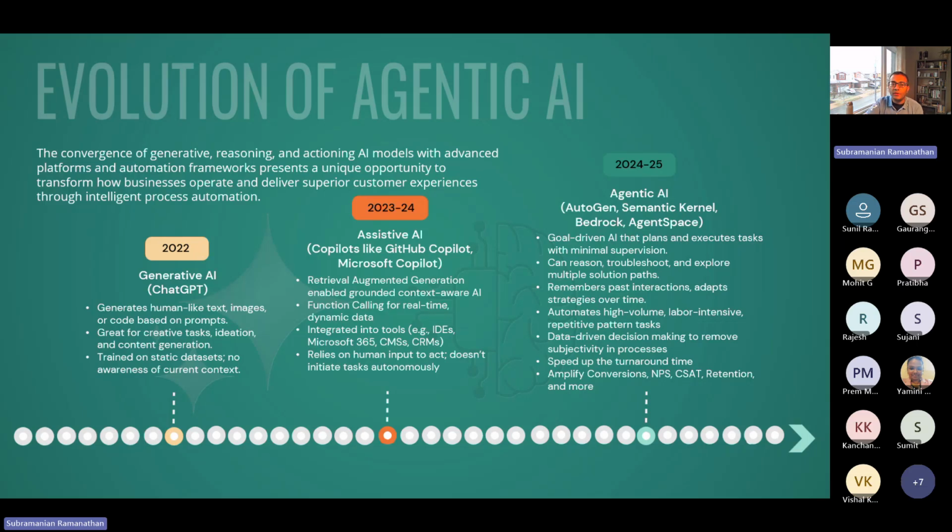Okay, so now moving on to the Agentic AI side. Most of us might be familiar with what Agentic AI is, but I'll still quickly start with the background. In 2022, ChatGPT came into the picture, and it was able to generate human-like text and images based on the prompts that we gave. And that is good for creative and generative tasks. But it was not very assistive, because ChatGPT operates on its own,